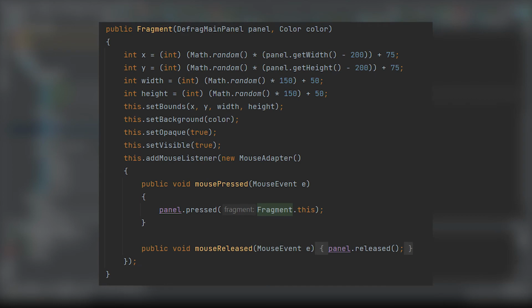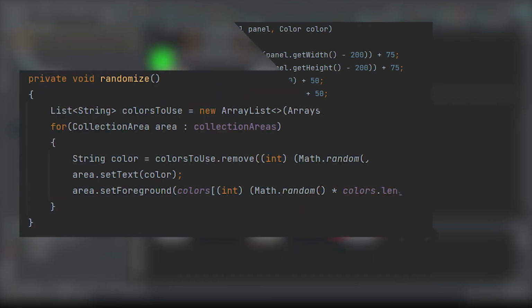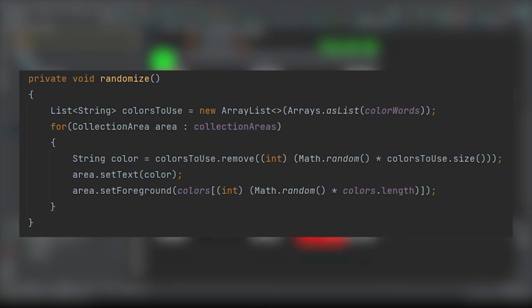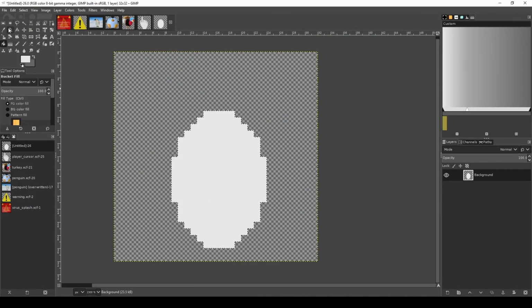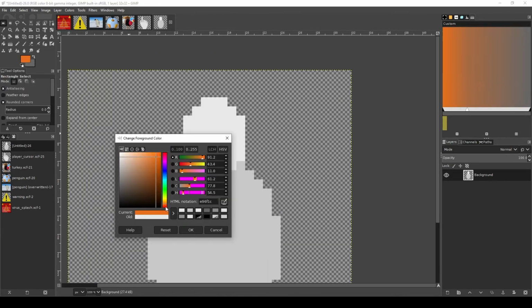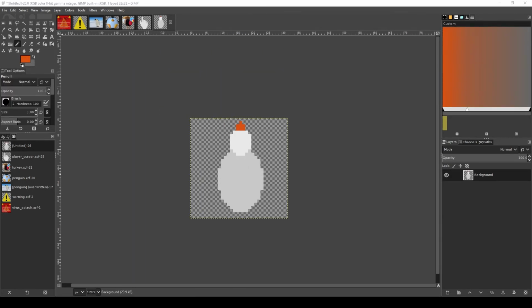So to spice it up, I made the fragments have varying sizes, and I made the collection areas' text and text color be randomized so that not only would they move around randomly, but you'd also have to pay attention to the actual word instead of just looking at the color to make that a bit tougher. So this is all fine and dandy, but I'm still missing something to give it that last bit of challenge, but also fun. That's when I remembered this fun desktop thing inspired by the Untitled Goose Game, where the